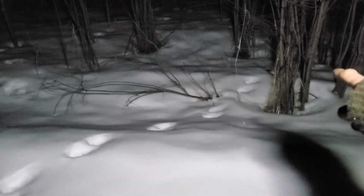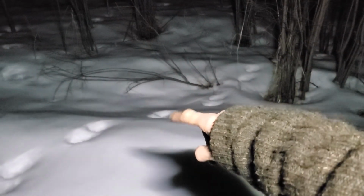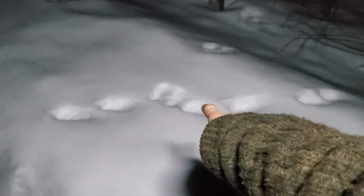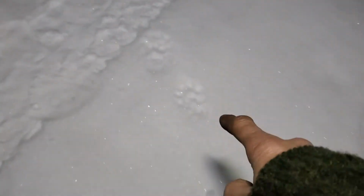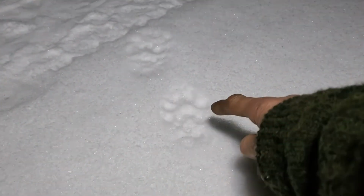Can you see that okay? Another 2x2 pattern. So there's two. There's two. There's two. And then there's 3 or 4 here. A little bit of a pause before it went down, but these are bigger than the pine marten that we were looking at before. And then when we start getting down here, we start seeing why. It's because this is a fisher, which is pretty cool. So that's considerably bigger,